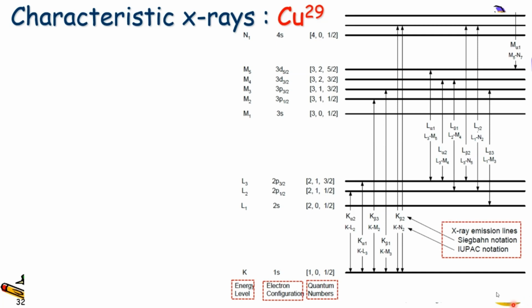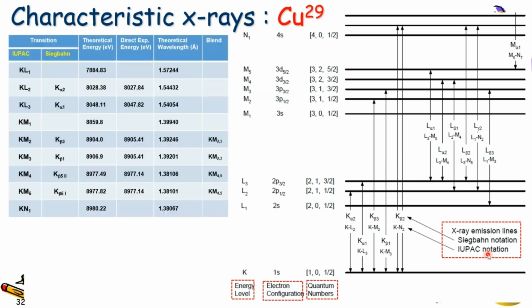Right, so for X-ray emission lines, you have two different notations. One is called Siegbahn notation, one is called IUPAC notation. IUPAC is more official, but Siegbahn is when the people who first found this defined it and used their name, Siegbahn. So this is how it looks like